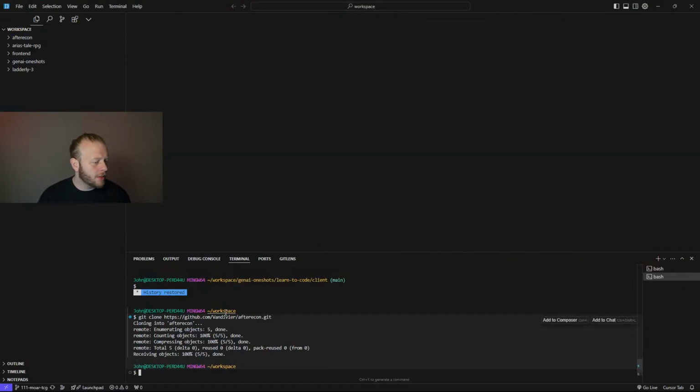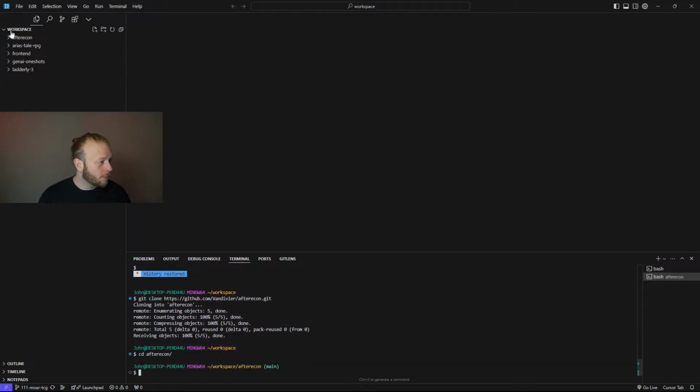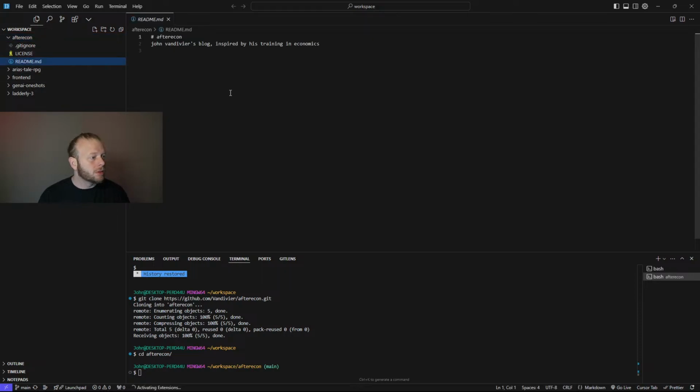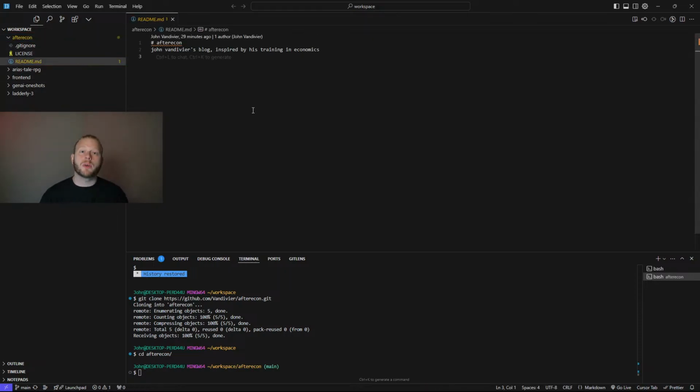Let's go. So I've cloned it. I'll cd into afterecon, then I'll open up Cursor Composer. What I found, and you may have seen this in a previous stream if you've been following my recent adventures with AI agents, is that Cursor and Lovable Dev are the two best ones. I want to avoid using a database, and Lovable tends to push you in the direction of using a database. So for that reason, I'll prefer Cursor in the current stream. And you may have seen in the previous streams that one problem with getting Cursor to build is getting it to attach to the right directory.